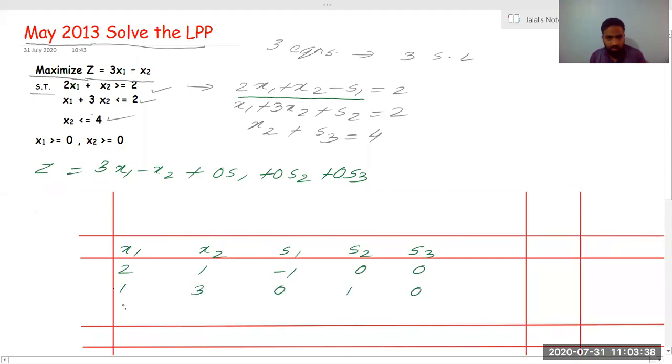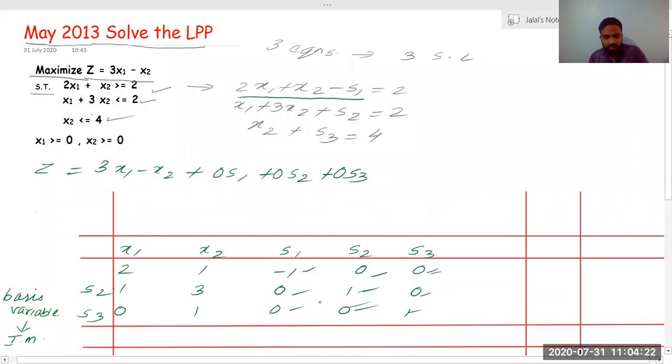The third equation is having, what is the third equation having? 0, then x2 is 1, then this is 0, this is 0, then this is 1. What we are seeing is that this is not a part of the identity matrix. This will come into second place. So this will be S2, which will come in second place. 0, 0, S3, this will come in third place. When we start the solution, we write the basis variable. And the basis variable that enters the solution should form which kind of a matrix? It should form an identity matrix. So we can see this is at the second place, 1, 0, 0. This is at the third place, 0, 0, 1.